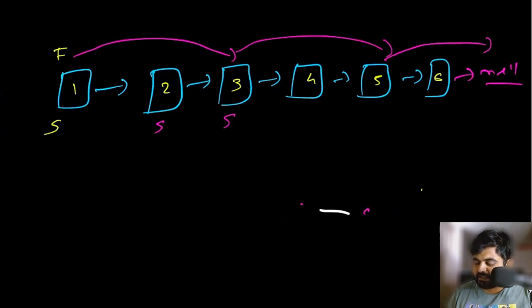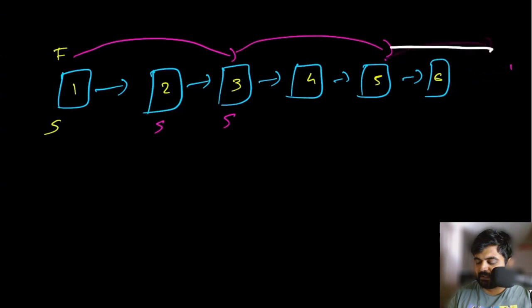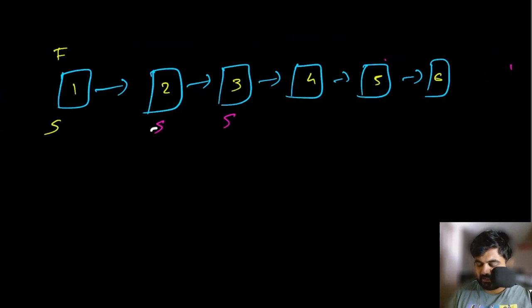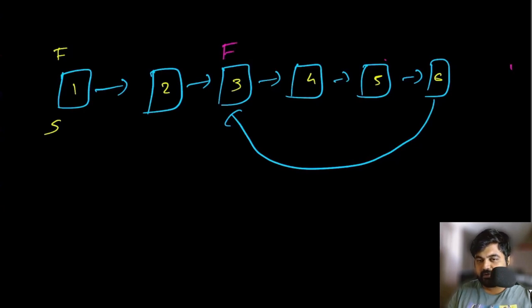Now what would be the next approach? The next approach is quite simple. Now we need to see what would happen in the scenario where there exists a cycle. So again, let's just create a cycle in this case, and now let's see what would happen. Same way, fast pointer is going to make 2 iterations, so fast pointer is going to end up over here. The slow pointer is going to make 1 iteration, so the slow pointer is going to end up over here.